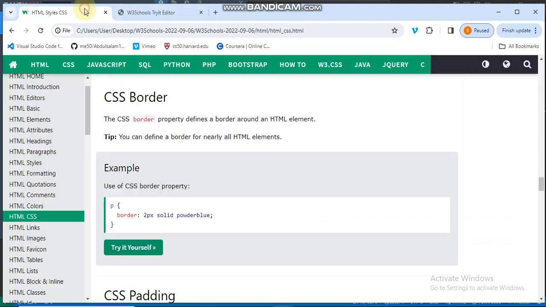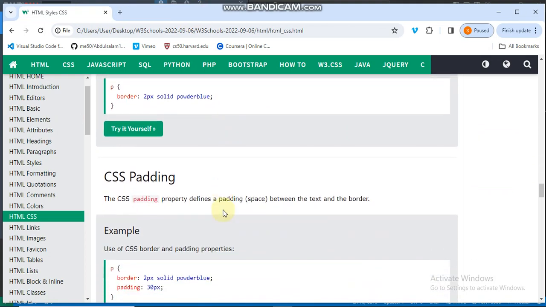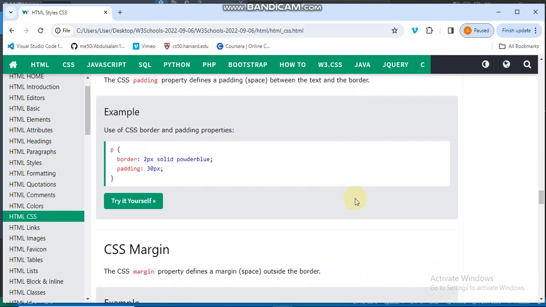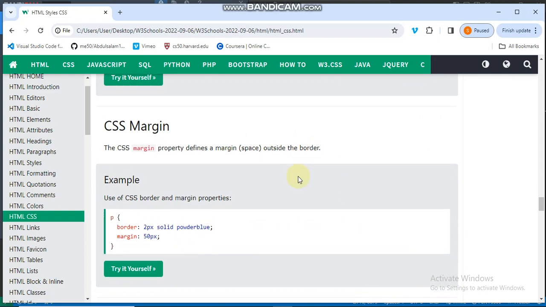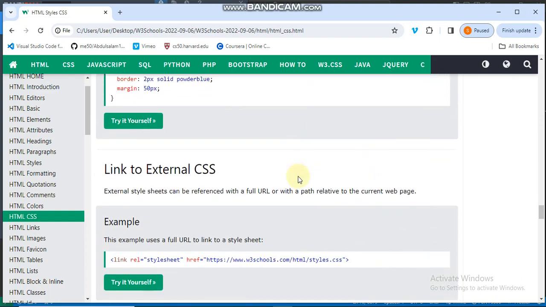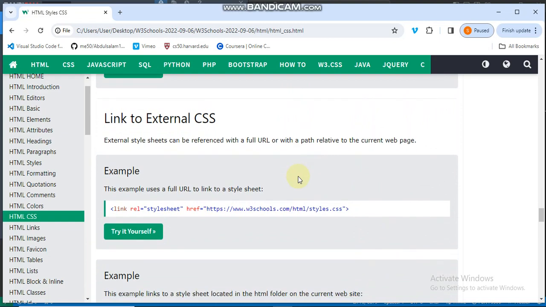So going back to our material, we have the CSS padding. Like I said, it is the property that defines the space between the text and the border, and we have seen an example of that. And the margin also, which is the property that defines a space outside the border, that is between two different elements. So, link to external CSS: